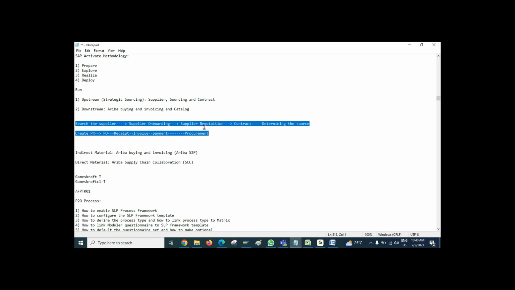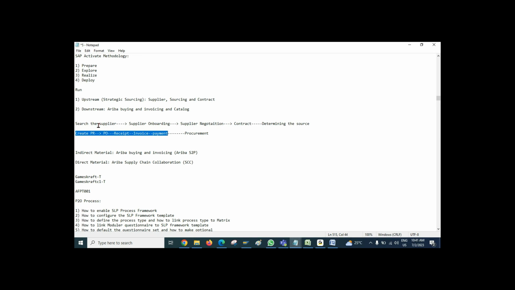And this entire activity is called the sourcing and procurement activity, right? So why is it called sourcing and procurement? Because in this step, you are not going to pay any single amount to your supplier. You are just finalizing your supplier here. Initially you collect your supplier information, then you do the negotiation activity. After that, you create the contract and finalize all the things. That means at this step we are just determining the source. And once the source is in place, you move to the procurement process.